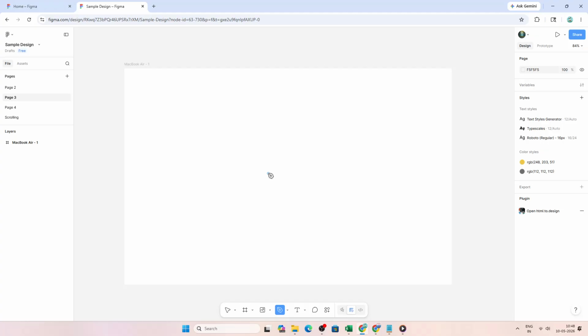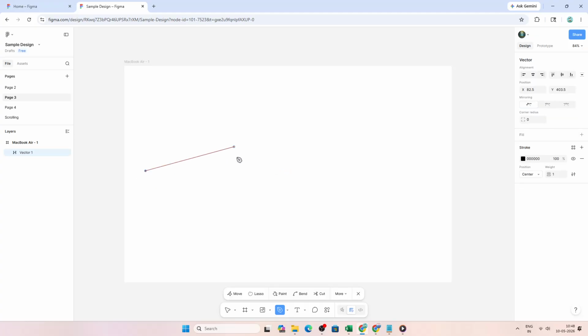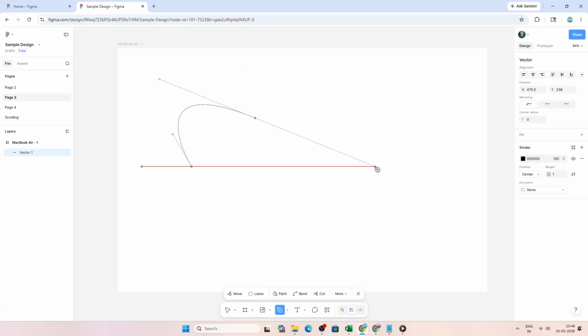To create straight lines, simply click on the canvas to place anchor points. Each click drops a point and Figma draws a straight segment between the last point and the new one. Think of anchor points as the skeleton of your shape. Every point defines direction changes, corners, or the ends of segments. If you click a series of points around your design, you will get a crisp polygon or line made of